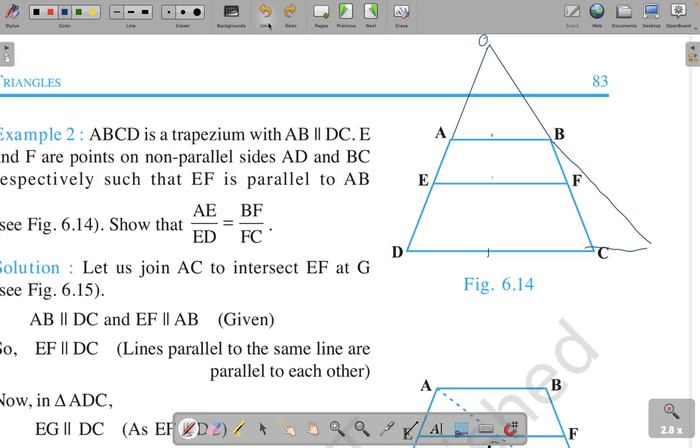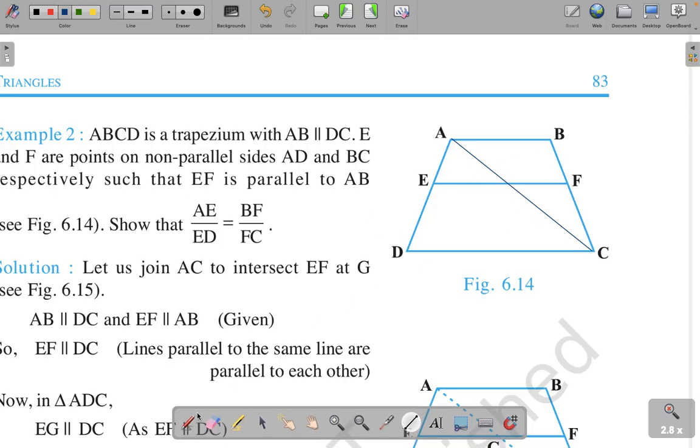So you can either add a triangle like this or like this. I've chosen like this. Now if you just make this O,